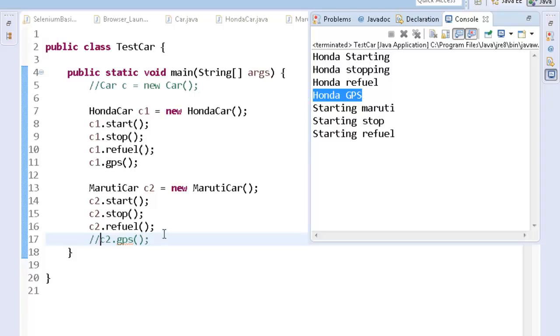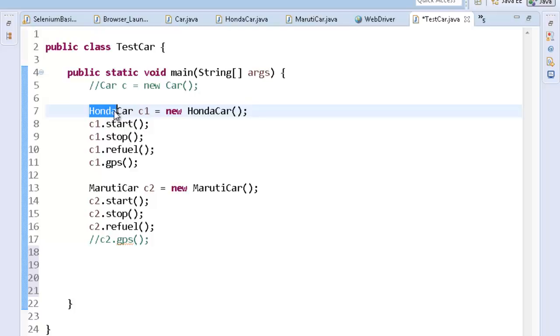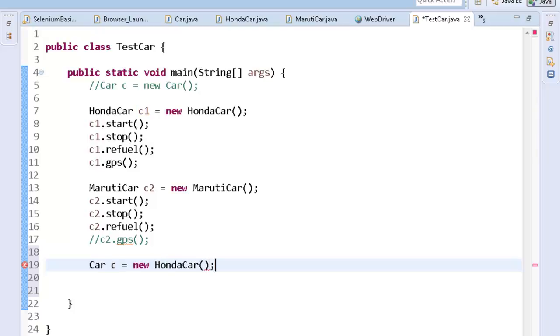Now comes the tricky part. Listen to me carefully. Till now, what we had done was create the object like this: the class, reference of the class equals new object. Now I am going to create the object like this: Car C equals new Honda car.